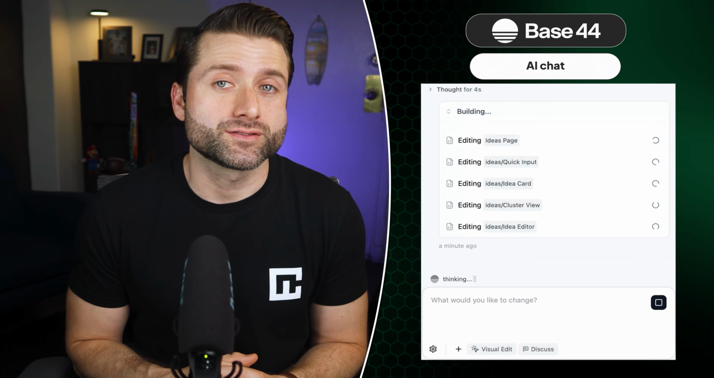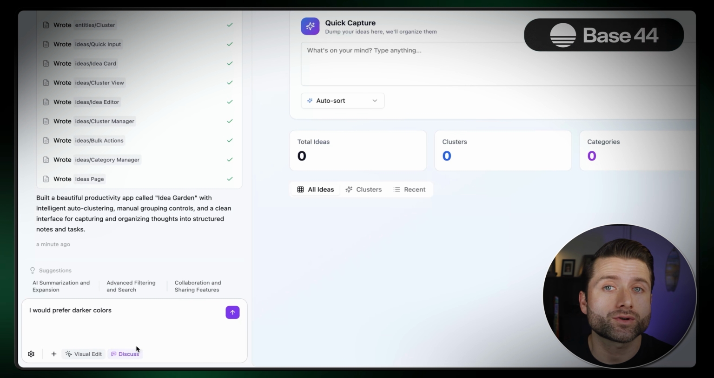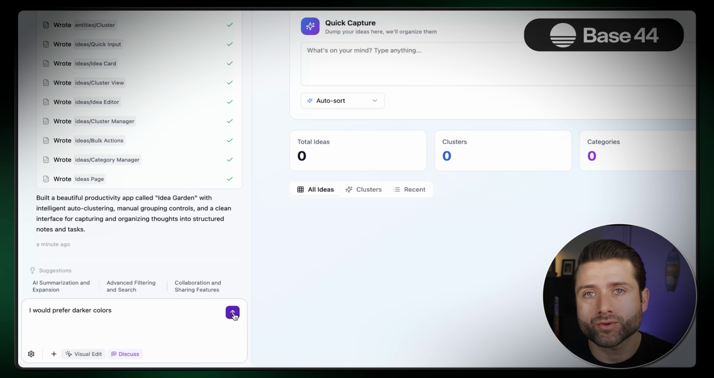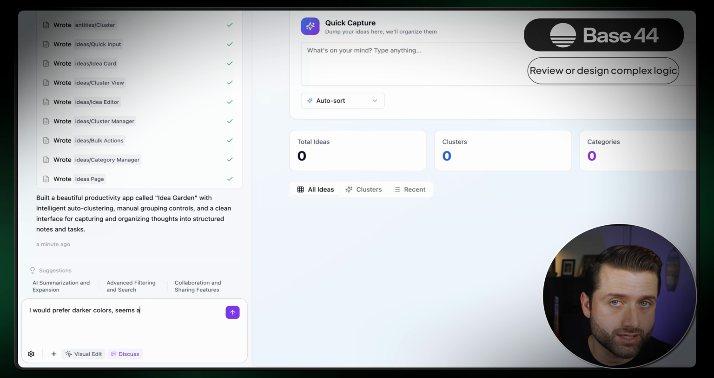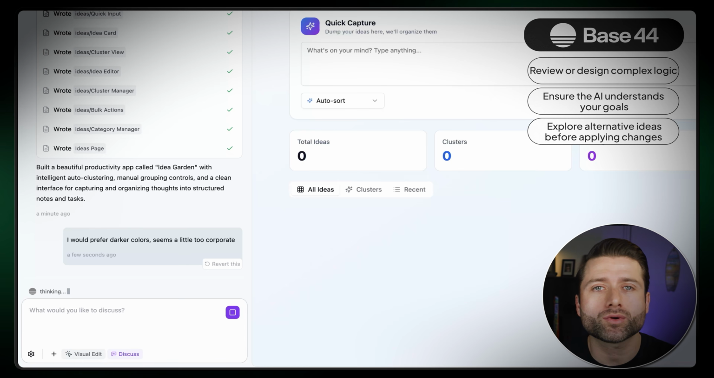So if you're using one, I recommend customizing it as well to make it feel more unique and stand out. It's also a good moment to review everything carefully and make small adjustments if something doesn't quite match what you had in mind. Click Discuss mode at the bottom right corner of AI chat. Here you can review or design complex logic, ensure the AI understands your goals, validate app behaviors, or explore alternative